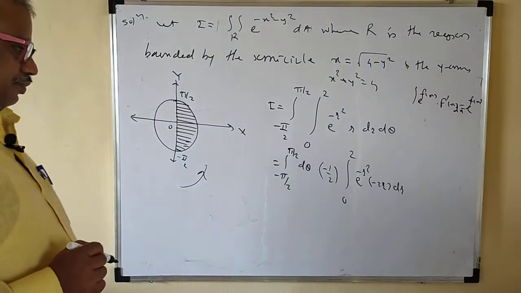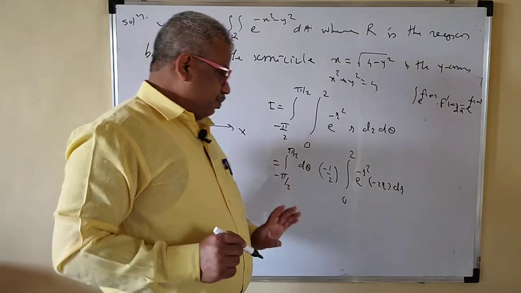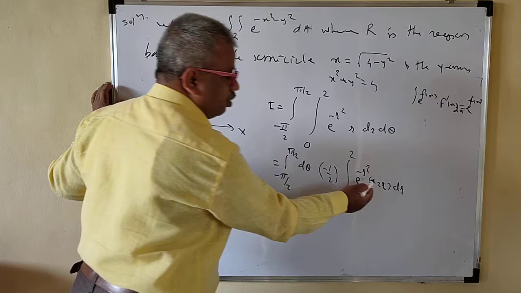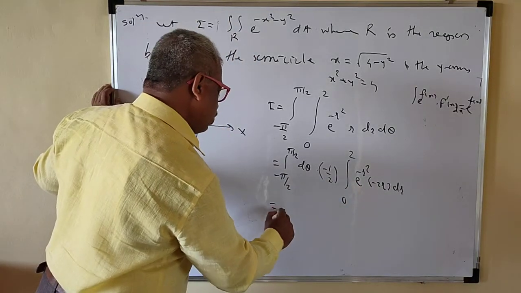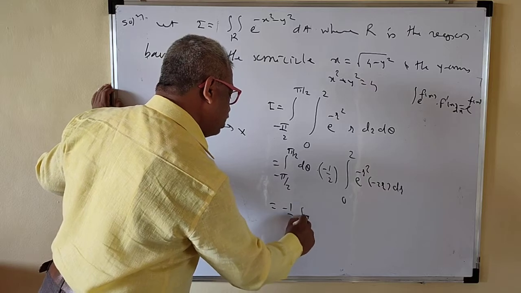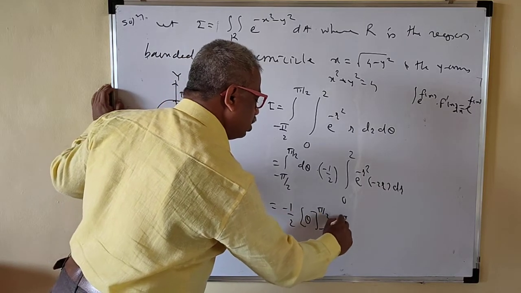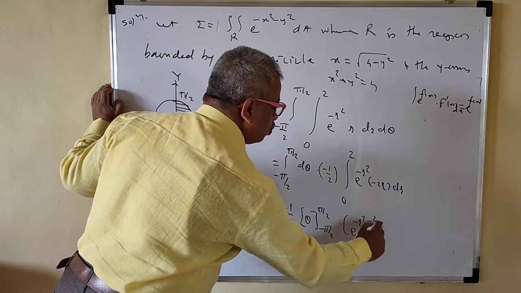I can write this. Okay. See here, minus half, and this becomes plus r, and this is e raised to f of x into this is f dash x, right? So that means this is what then. So I can write minus half here, no problem here. So theta from minus pi by 2 to pi by 2 into e raised to minus r square from 0 to 2.